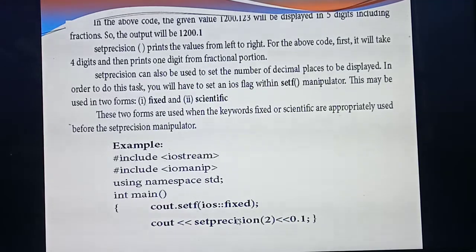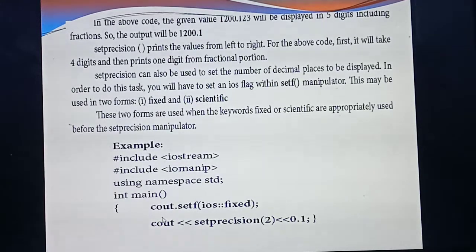Okay. So first you are going to use fixed form. Understood? So listen carefully. This is the format. cout dot setiosflags, that is the set flag manipulator. Inside the ios flag there are 2 forms. First you are going to give fixed. That means the number will be displayed in which form? Fixed notation form. Scientific means the number will be displayed in which form? Scientific notation form. Understood? Okay. So next you are going to print cout setprecision of 2. So what's the meaning? You are going to display how many digits after the decimal point? Only 2. Understood? What does set precision of 2 mean? 2 digits you are going to display. But you have given setiosflags.